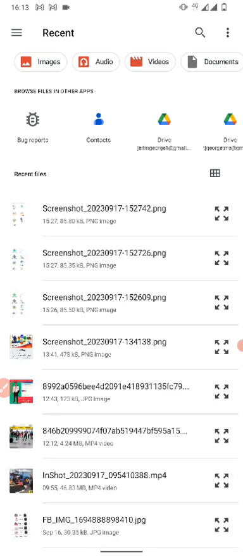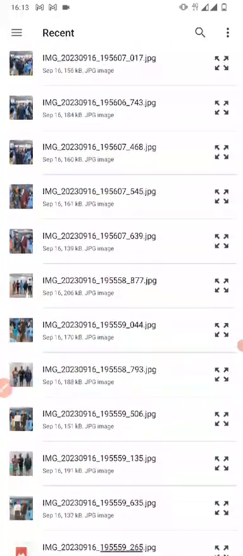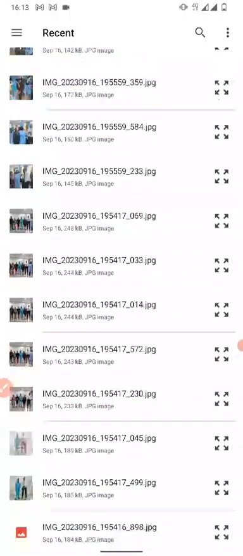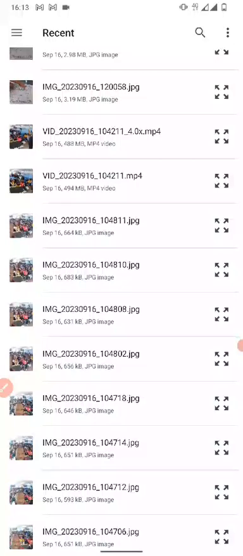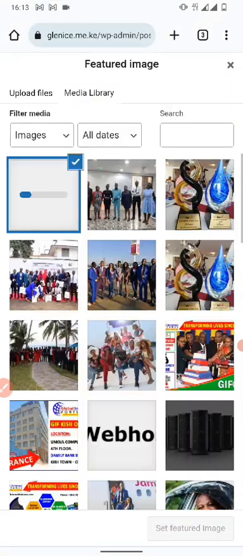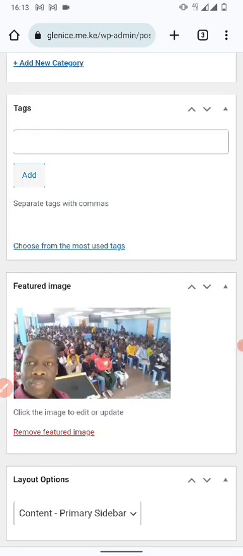I know uploading a photo should not be a big deal for you, maybe for others, but not you, because now we know we have done this. Good. So you'll access your internal storage, of course, and then after that we'll go ahead. Let's import one photo like that. We put it as our featured image, and then of course we set it as our featured image, like that one there. So let's say we set this photo as our featured image, something like that,